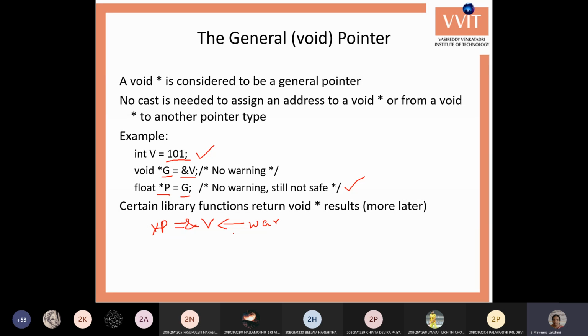Say if you get any question on the general pointer or void pointer, then just write that a void pointer is also a normal pointer. It also occupies 2 bytes of memory space, it can store any variable's address, and it doesn't require any casting of a data type. So all these points you can write about void pointers.